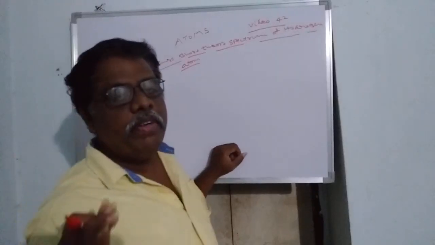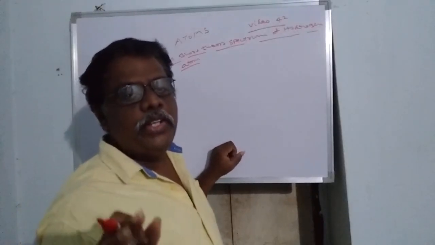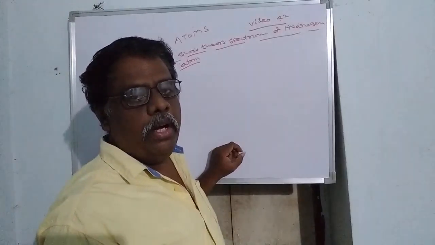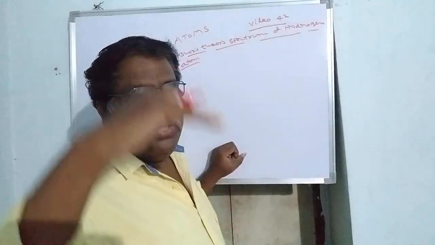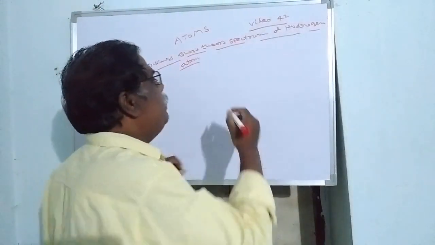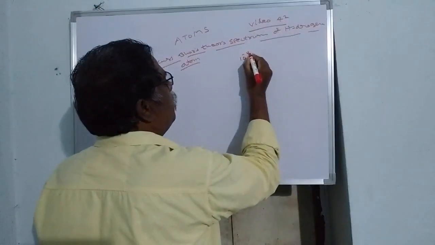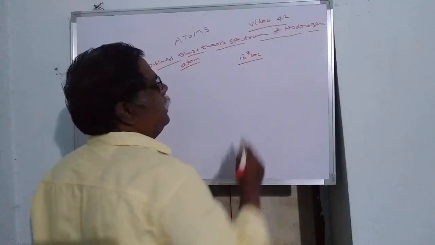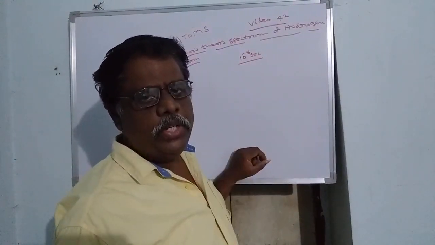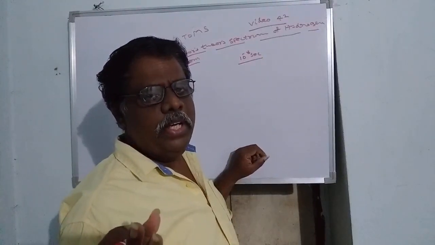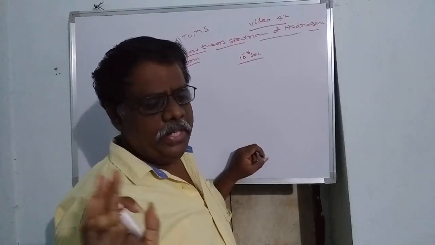Suppose some energy is given to an atom, the energy will be absorbed by the electron, and this atom is called excited state. That means the electron jumps from ground state to excited state, and it will remain only 10 to the power of minus 8 seconds in the excited state, and then falls down to the ground state. The balance of energy is emitted in the form of radiation.